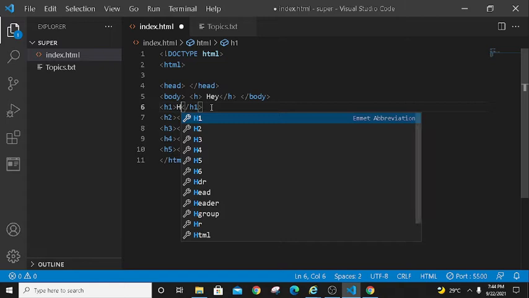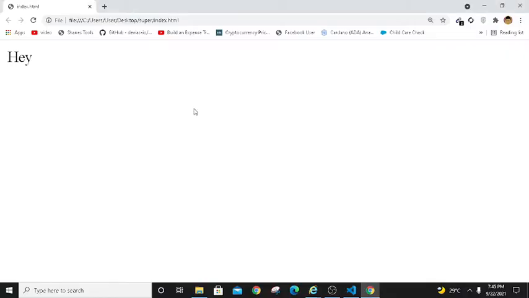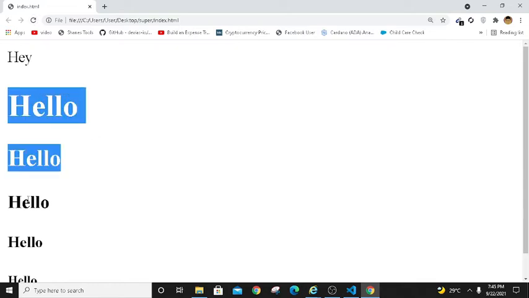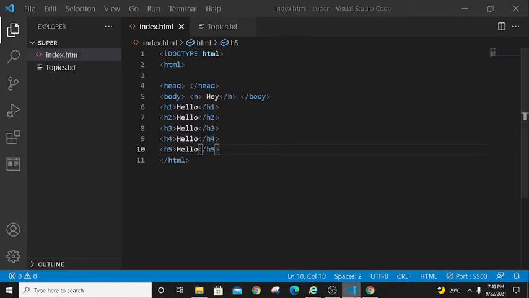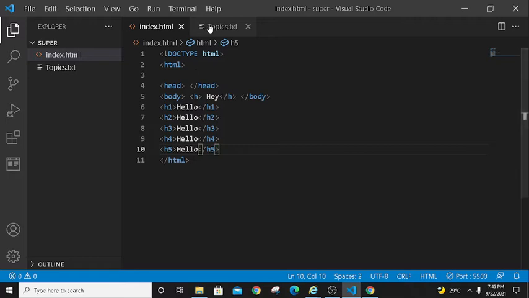I am typing hello in between every tag: hello, hello, hello, hello and hello. Control S and let's check our Chrome browser. As you can see, this is the h1, this is the h2, h3, h4 and h5. The difference is very basic: h1 will be bigger and much bolder than the other four. So this was the heading tag.